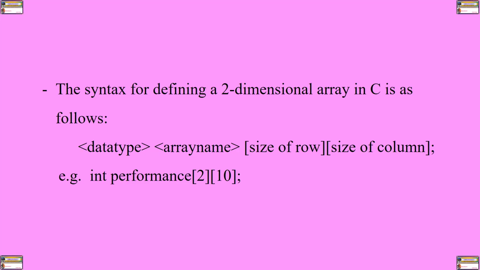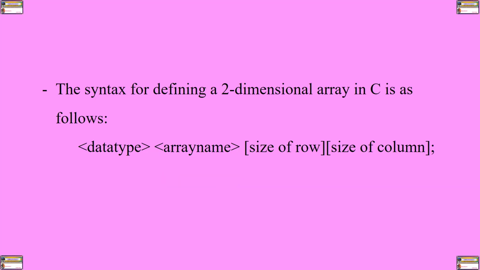For example, in our case, the name of our array is performance, just as you have seen. The scores we are going to store in our memory locations are scores attained by 2 students in 10 exams, or 10 scores. Those scores are whole numbers, as we have seen, 10, 50, 78, etc. And therefore, the type of data that I'm going to store is of type integer. So for us to tell the compiler to reserve a memory location which is going to hold values of 2 dimensions, that is a 2-dimensional array, 2 rows and 10 columns,